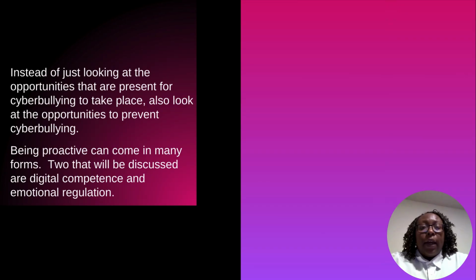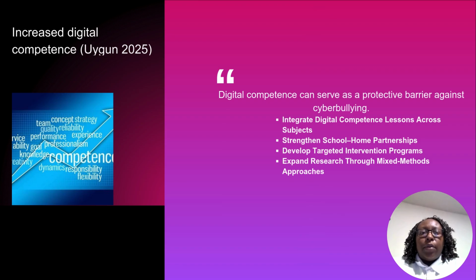Being proactive can come in many forms. Two of these that will be discussed are digital competence and emotional regulation. Increase digital competence. Digital competence can serve as a protective barrier against cyberbullying. You can integrate digital competence lessons across subjects, strengthen school-home partnerships, develop targeted intervention programs, and expand research through